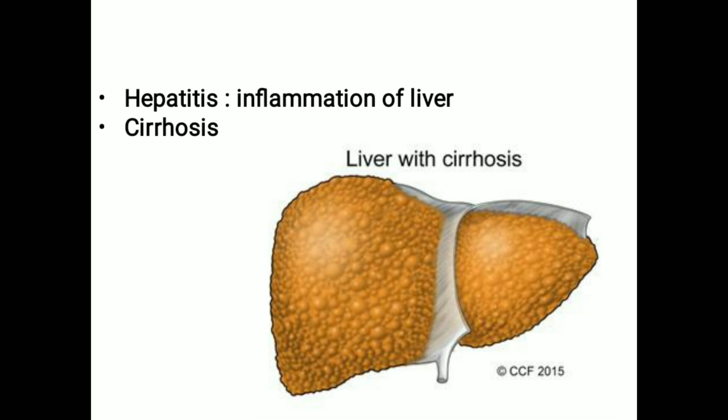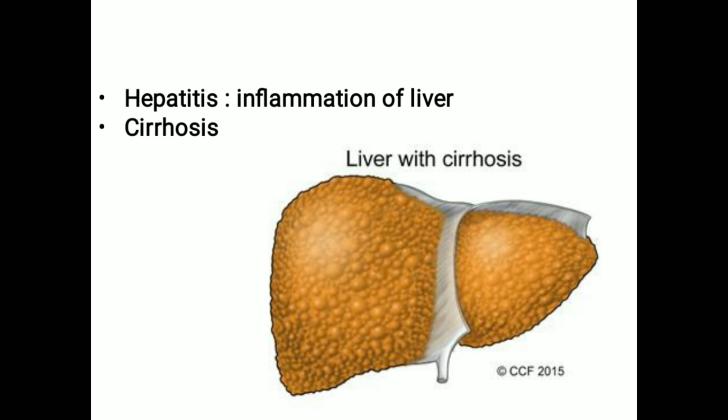So in the liver, you have to know about the surfaces of the liver. How many surfaces are there in the liver, you have to know in detail. Then write about the visceral relations of the liver in detail. Then the porta hepatis. What do you mean by porta hepatis? Porta hepatis is the hilum of the liver in which the structures enter and leave the liver. There are the right and left hepatic duct, right and left branch of the portal vein and hepatic artery. So these are the things you have to learn.